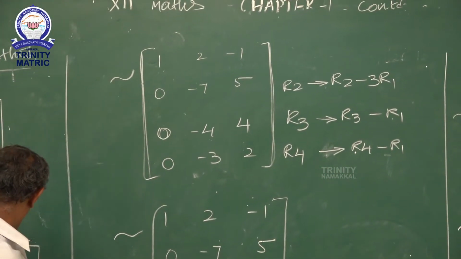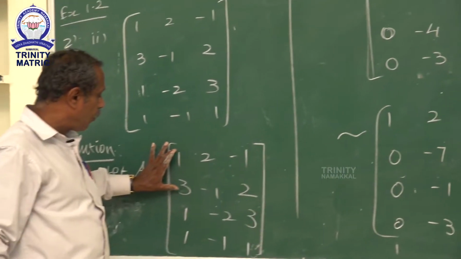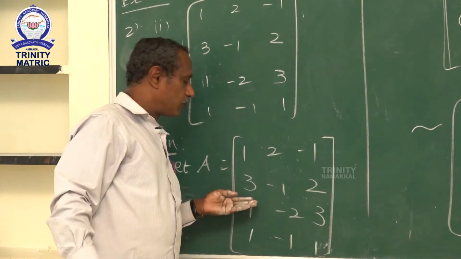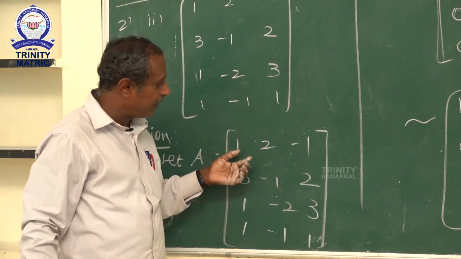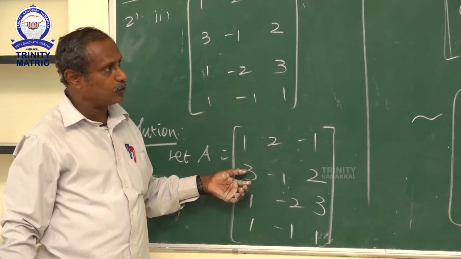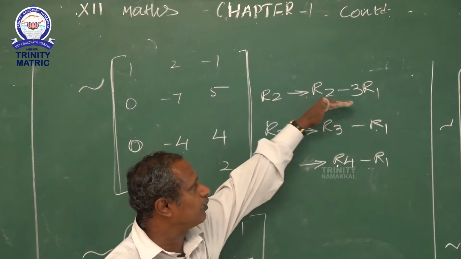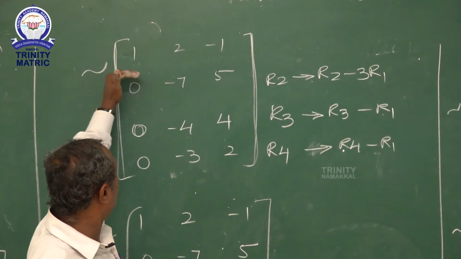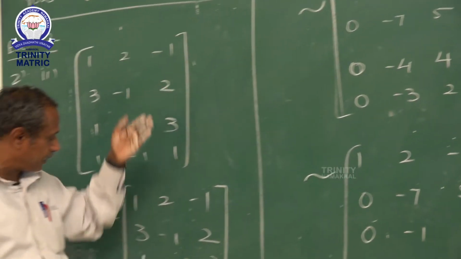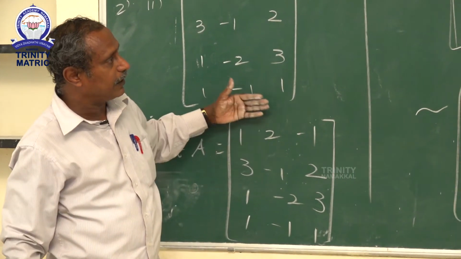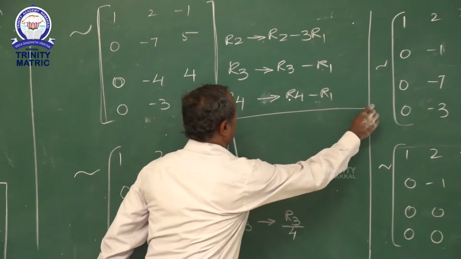So, here we have 3. We want to make use of this row 1 and row 2. We have to make this element 0. So, for that we are multiplying the row 1 by 3 and subtracting from the row 2. That is the transformation, R2 gives R2 minus 3 R1. So, here first write the row which we want to change, next the row we want to subtract, that is R2 minus 3 R1 can be solved.